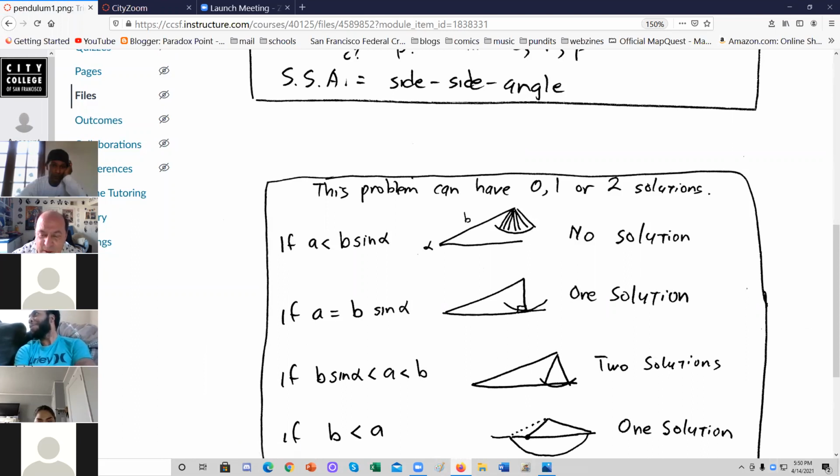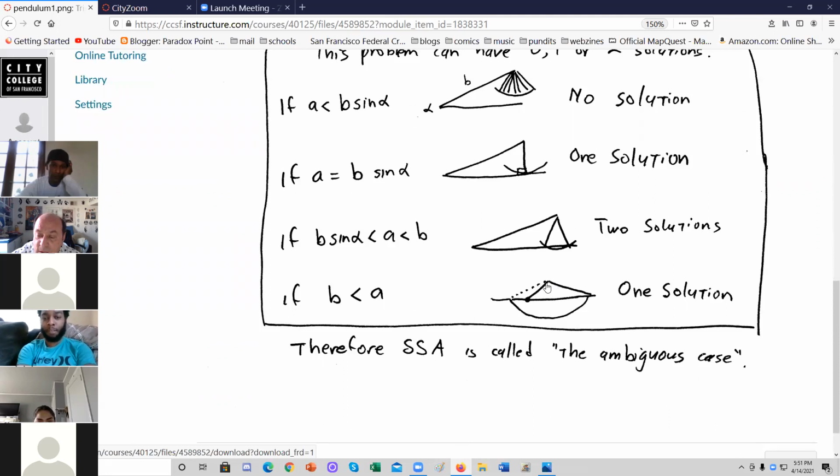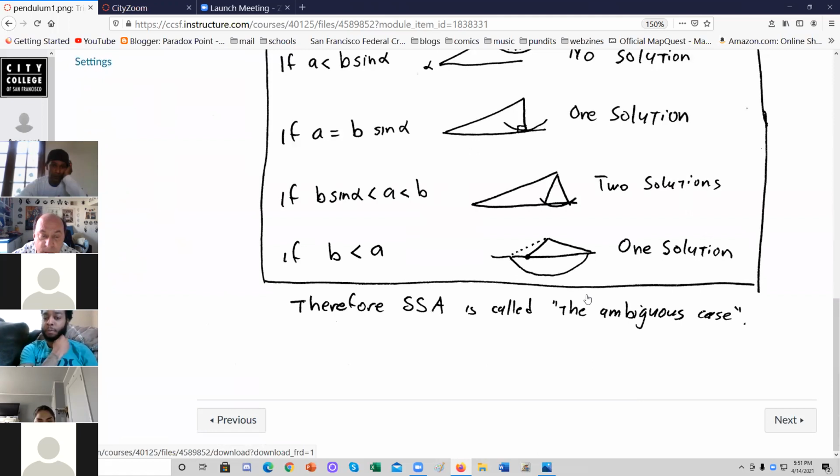reasons. And we've done it before by using law of sines, and in all those cases, you could have alpha too big for B and C, so there's no solution, or just the right height angle so that the pendulum scrapes the bottom for one solution, or the pendulum hits the base in 2 places for 2 solutions, or if the pendulum is longer than the lever it's on, there might be 1 solution only. So, the ambiguous case. And we'll